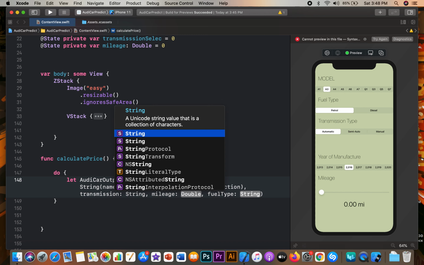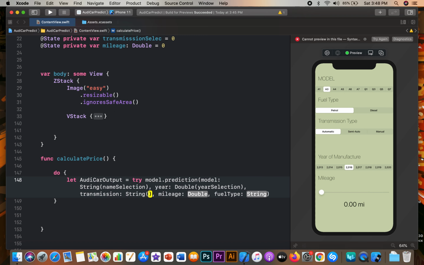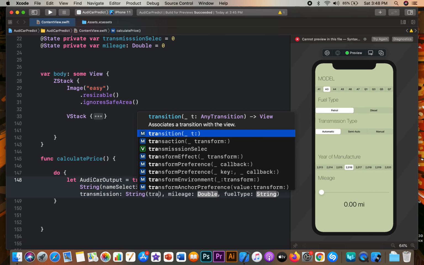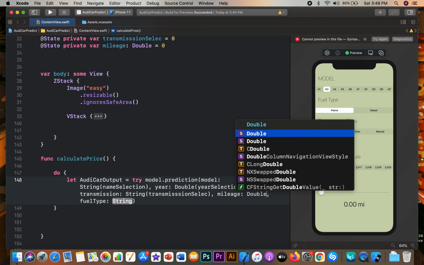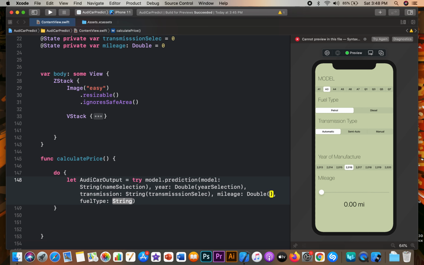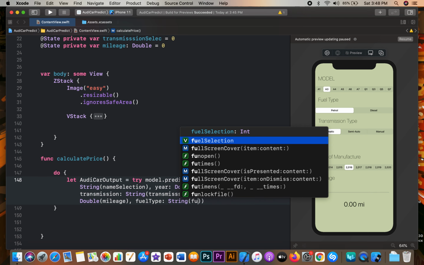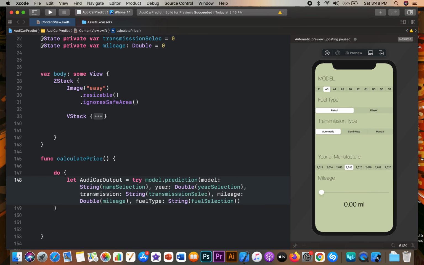As I may have told you, since we are using two-way binding, when we select anything inside a picker, the value of that state property actually changes to what is selected inside the picker in our UI view, and that value stores the actual property. So that is why we are using those values inside this method, for calculating the value of this constant.